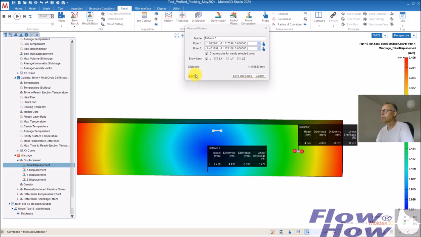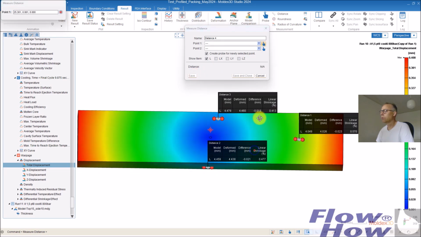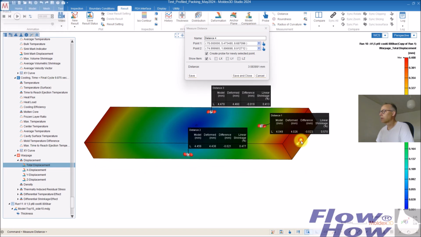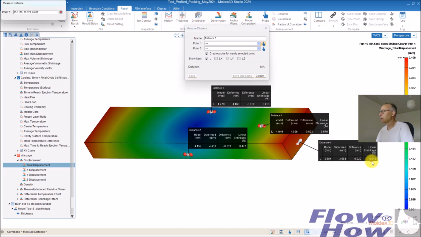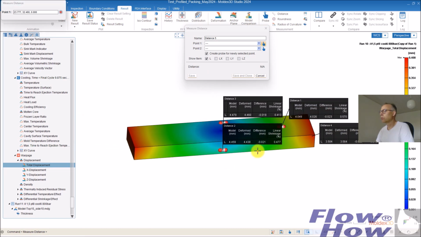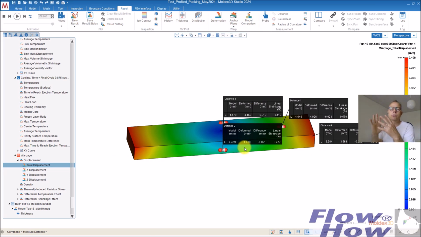What about here? 0.4. So in general, the shrinkage is too low, and that means that I have squeezed too much material inside the cavity, and